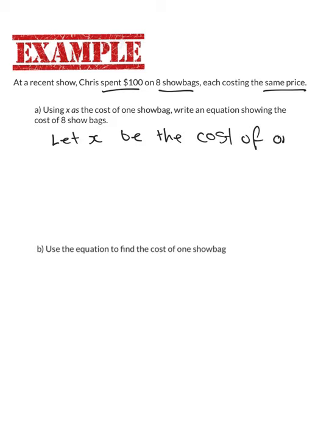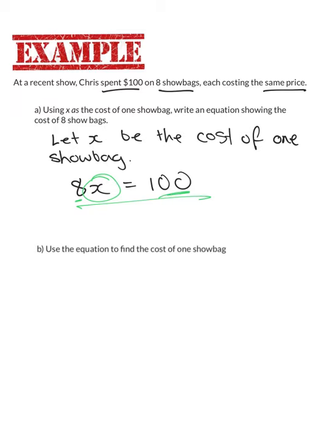of one show bag. Now, we know that he bought 8 of them, and 8 times the cost of the show bag was equal to $100. So we've got our linear equation there, 8x equals 100. So 8 show bags, and the total cost was 100, and we're trying to work out the actual cost